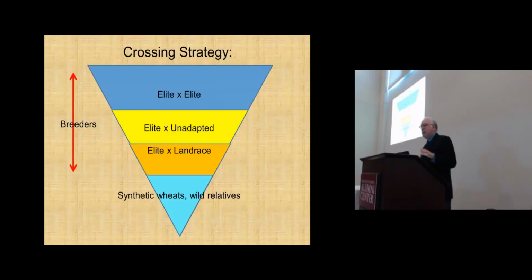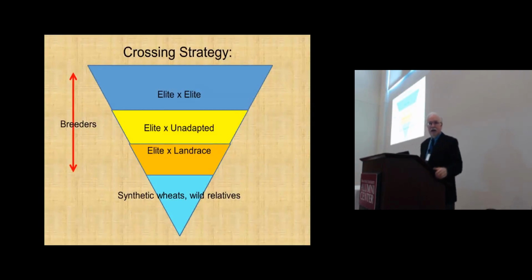In a breeding program, 95% or more of your crosses will be elite by elite. I don't want to have you think anything other than that. At the same time, what I want you to understand is how the germplasm works and how it flows. So while I'm going to talk to you about things which we don't spend as much time on, they become very important foundations. But never assume that an applied plant breeder's majority of crosses is anything other than elite by elite.